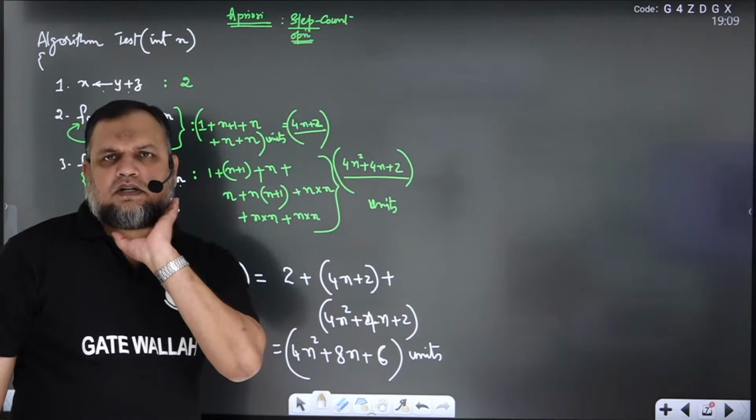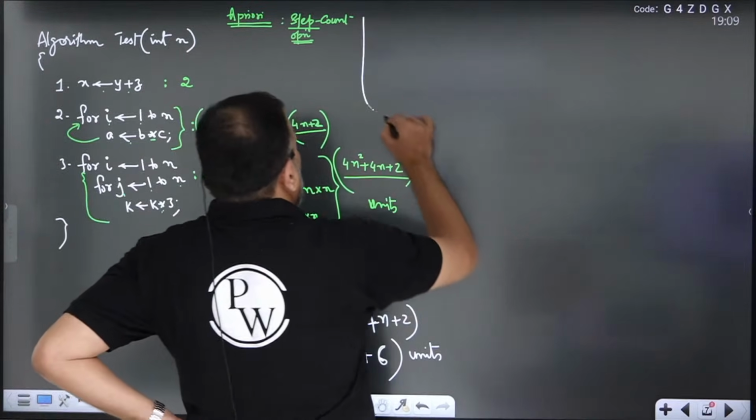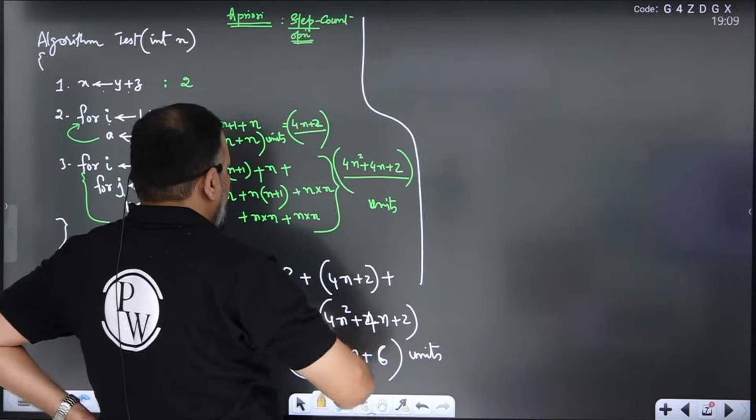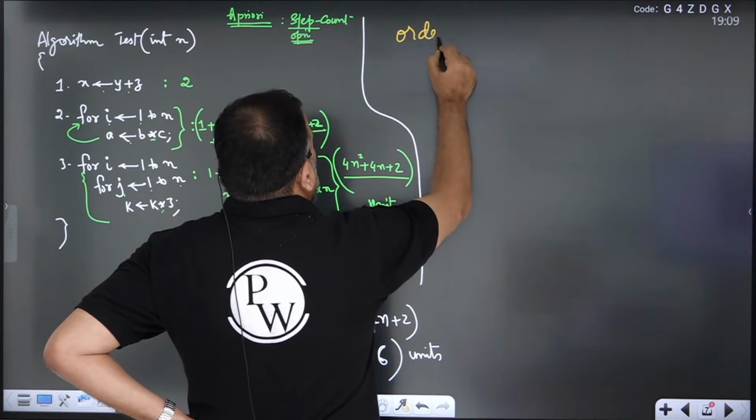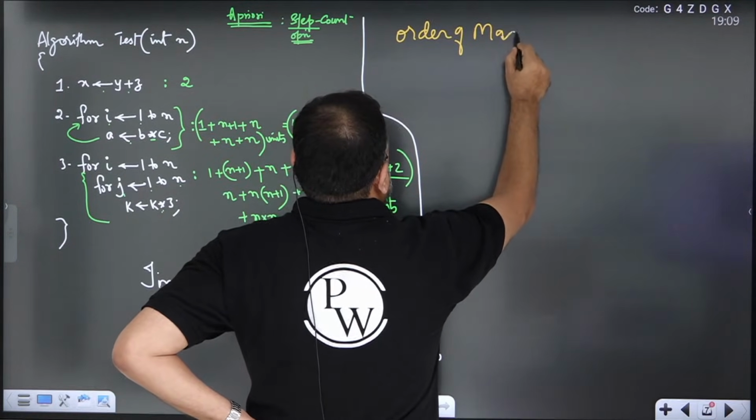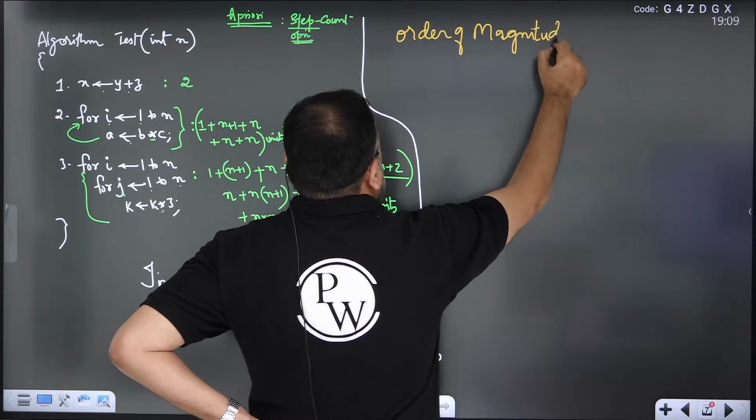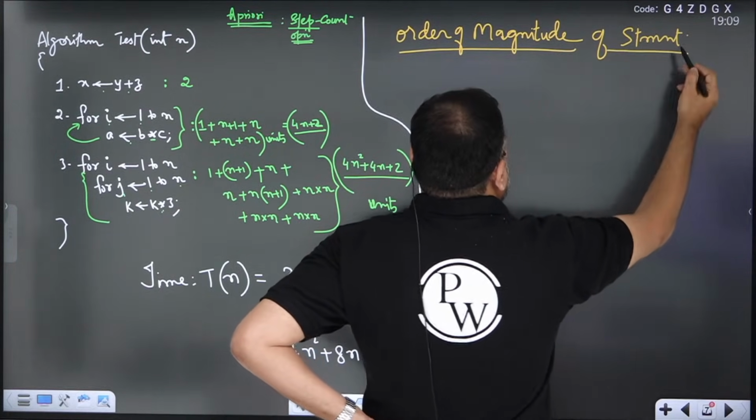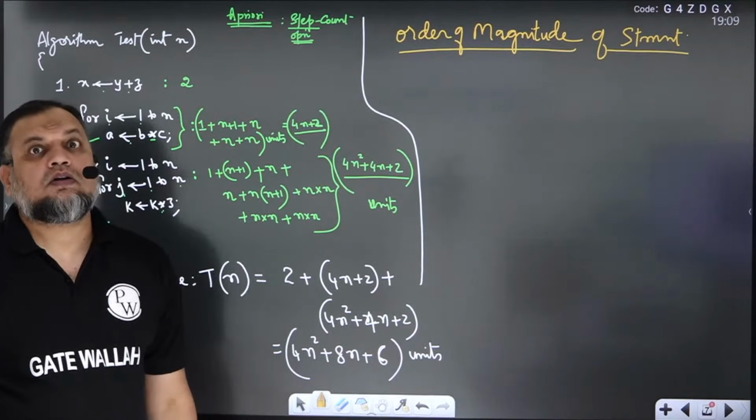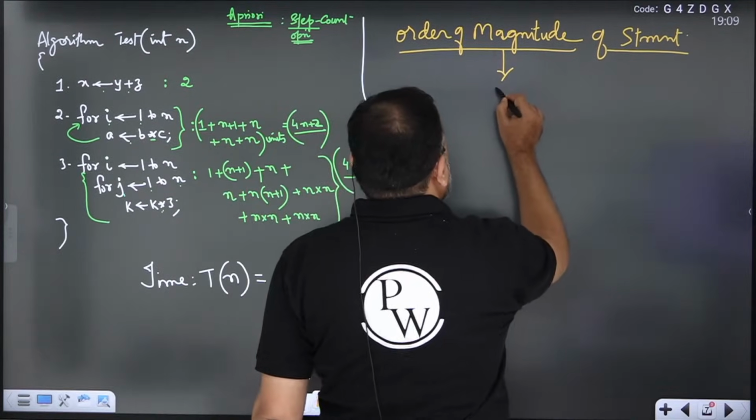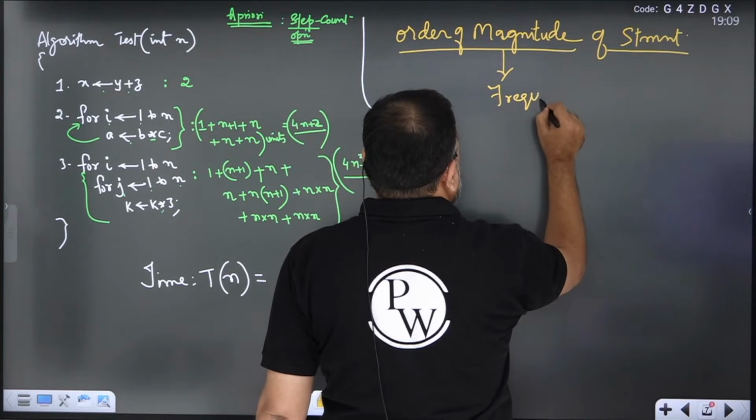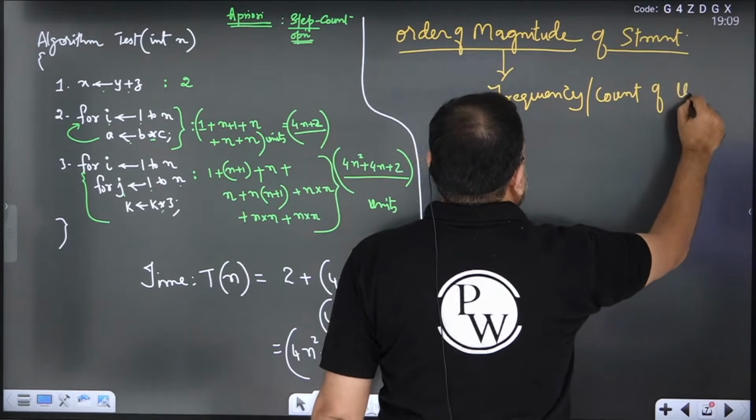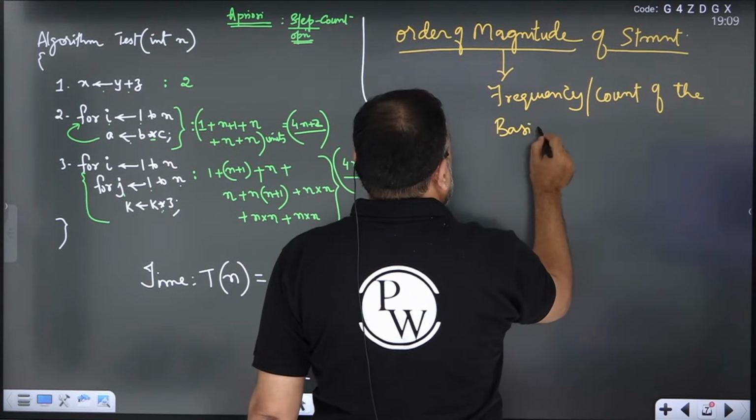We have a shortcut method which is called order of magnitude. Generally, I tell the student to follow that also for determining, rather than doing this in a very intricate, detailed way, you can apply something called the order of magnitude concept to represent the time in a similar way. Order of magnitude of a statement. Every statement will have what is called order of magnitude. Order of magnitude refers to the frequency, the count of the basic or fundamental primitive operation